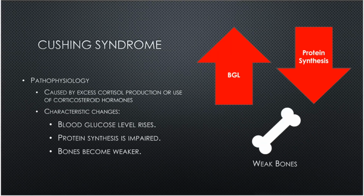Next up, we're going to talk about Cushing syndrome. And Cushing's is kind of like the opposite of Addison's. If you picture an excess cortisol production by the adrenal glands, that's more Cushing syndrome, whereas a decreased amount of cortisol would be due to adrenal insufficiency or Addison's. So what can cause an excess cortisol level? Well, a tumor of the pituitary gland, or a tumor on the adrenal cortex, or the excessive use of cortisol or some other similar corticosteroid hormone